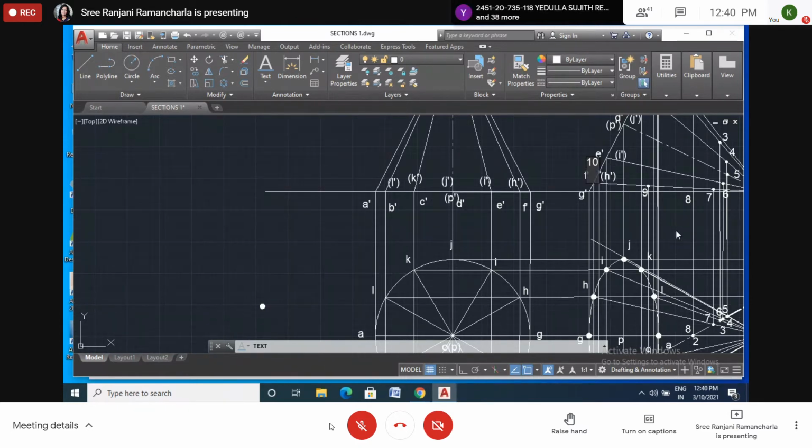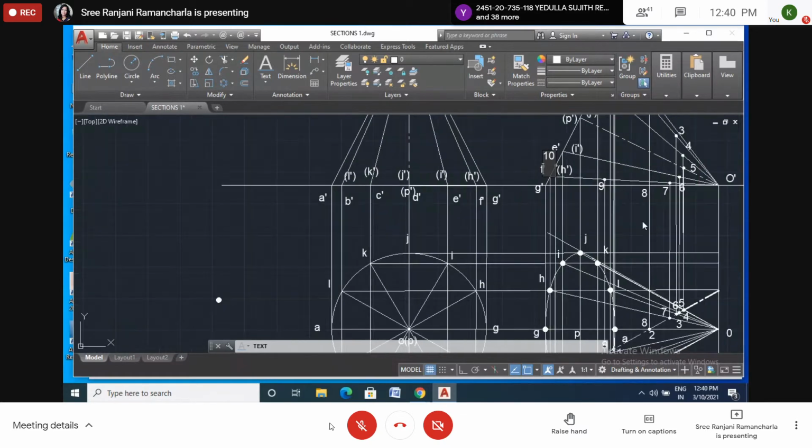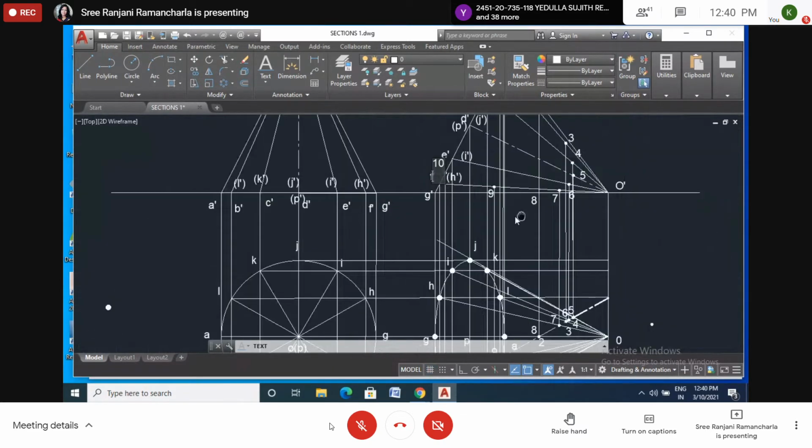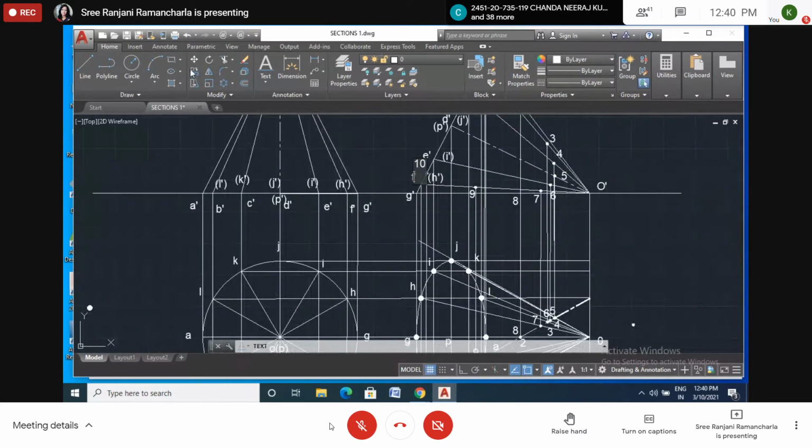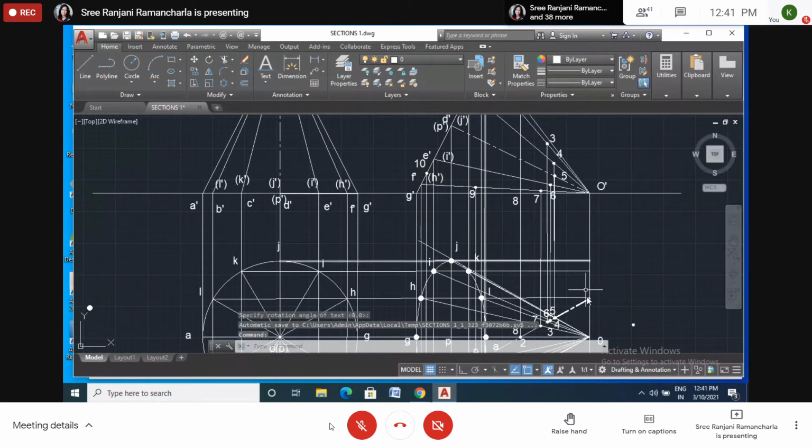Enter. Now here, I have not kept a dot here. Copy. Enter. Copy.